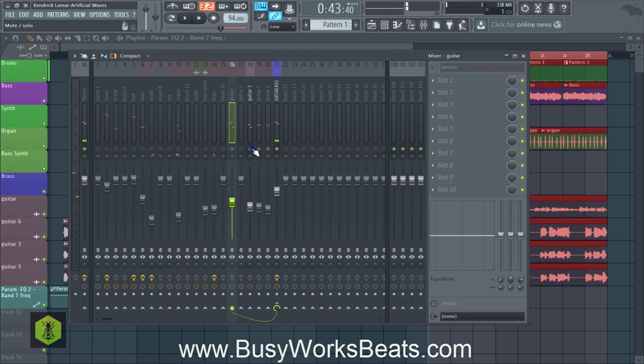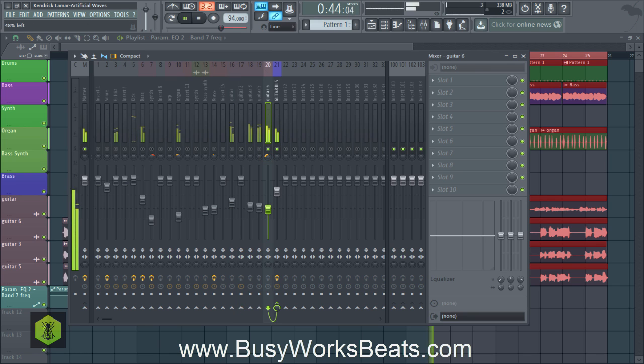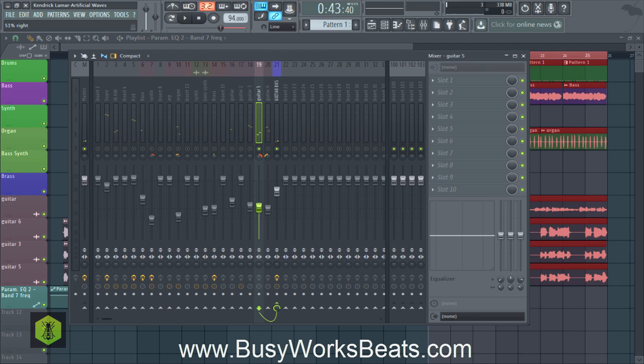So let's figure out which one has low notes. So this one's probably the lowest. This is actually the lowest, so we're going to pan that to the left about 50% or so to really give it some stereo, to give it separation from the rest of the guitar. So this guitar is kind of in the middle. We're going to leave it up the middle, literally. And this guitar, high frequencies, we're going to pan it 50% to the right. Now you don't have to pan it that extreme, but let's hear it all together.